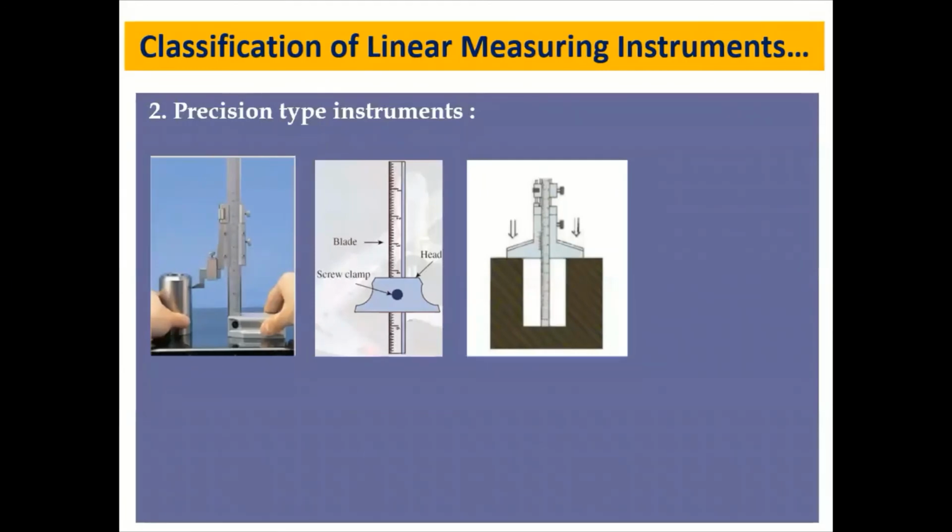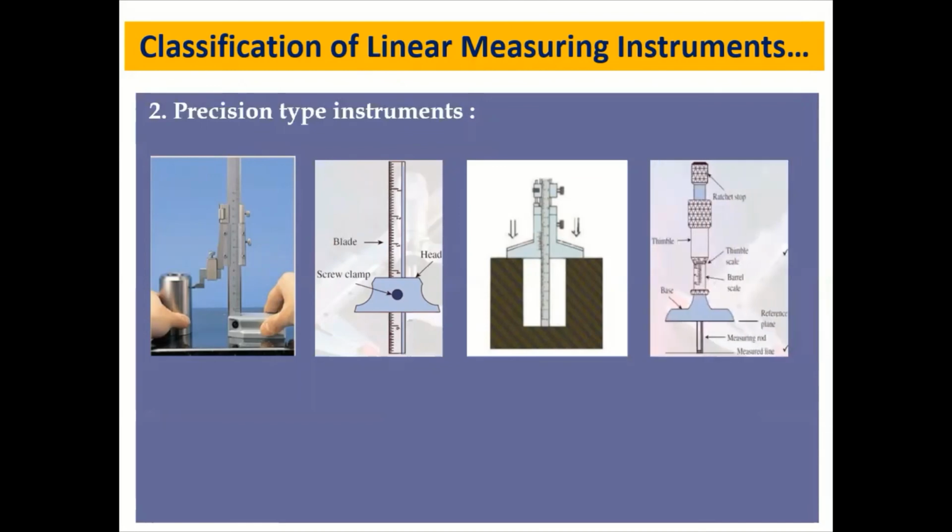Even you can see this is a vernier height gauge. Here also there are two scales, a main scale and a vernier scale, and this is used for marking over the job very precisely. The job and the component are placed on the surface plate. This is again a micrometer depth gauge. Here also there are two scales for highly precise measurements.